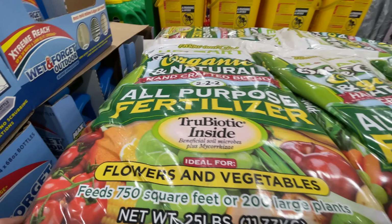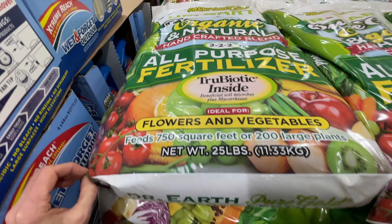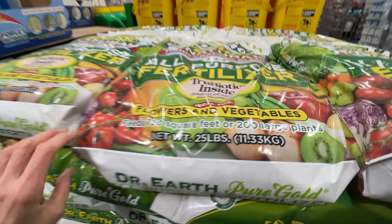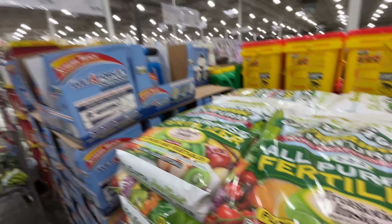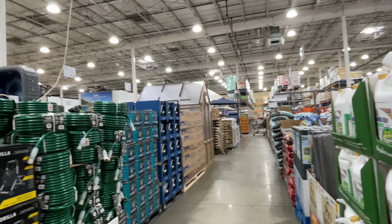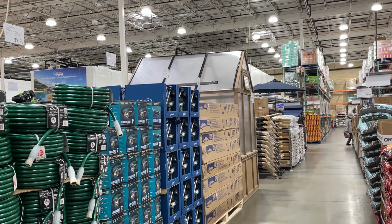I don't remember ever seeing this all-purpose fertilizer here before. It's usually all like Miracle-Gro level stuff. I don't really know much about this. It's organic. I might want to have a look at it. It's $23. Now again, down here on the end cap, you can see the newly designed Yardistry greenhouse for 2025,